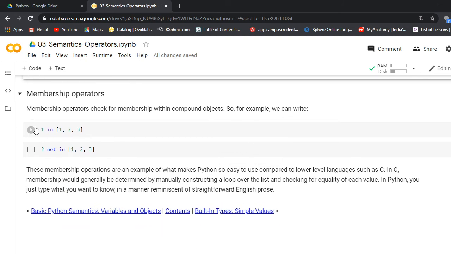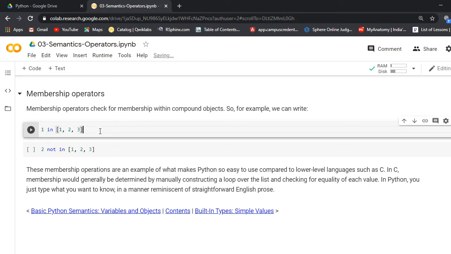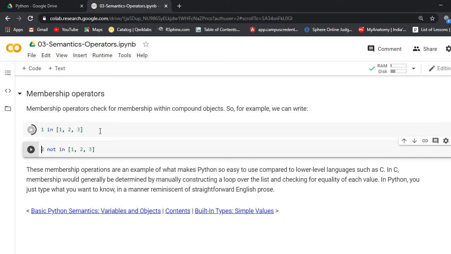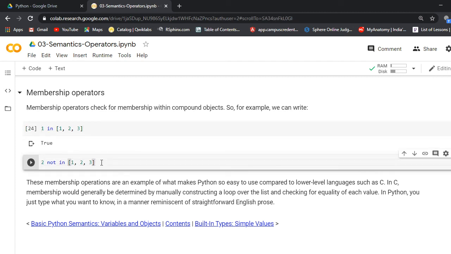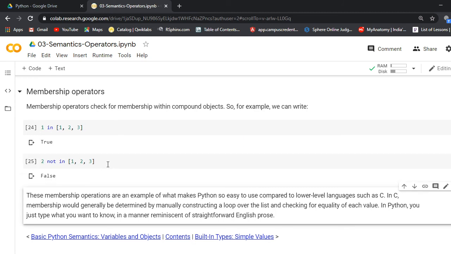Then membership: if you want to check whether one is present in a list of elements or not, one is present, so it will print true. Then for 2 is not in the list, but 2 is present, so it will print false, because 2 is in the list, so not, the reverse of true, is false.